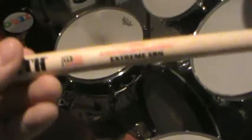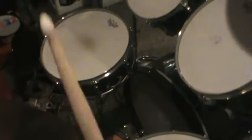Drumsticks for me are actually an interesting story because I've switched back and forth between ProMark and Vic Firth. I've recently been using Vics. I've been using the Extreme 5B nylon tip sticks. Although I might be switching back to ProMark because I play insanely hard, fast punk rock, and it feels like